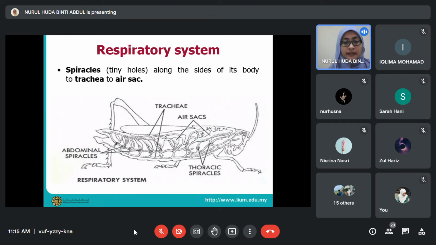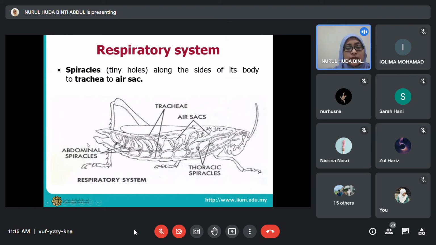But in their case, more like macam hidung, okay, absorb ataupun kita kata sedut oxygen through the abdominal spiracle, and then later on juga akan rembeskan atau buang carbon dioxide